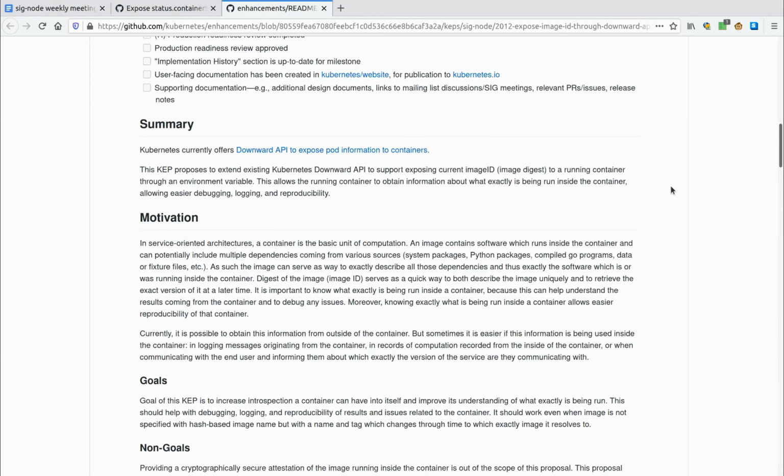I'm just trying to understand what the scenario is as well. It sounds like you've got some image metadata that you want to expose up through the container spec. Is that correct? It's not the image metadata, it's literally the gist of the image. So the ID of the image, the hash, so that at a later time you can rerun the same thing, or really know exactly what image was used.